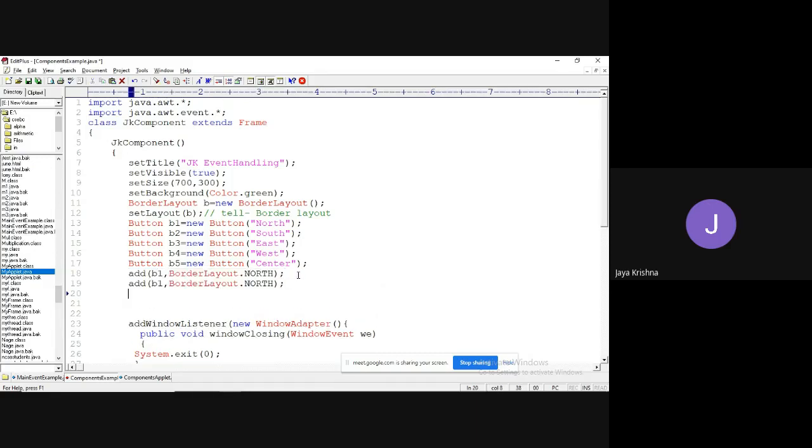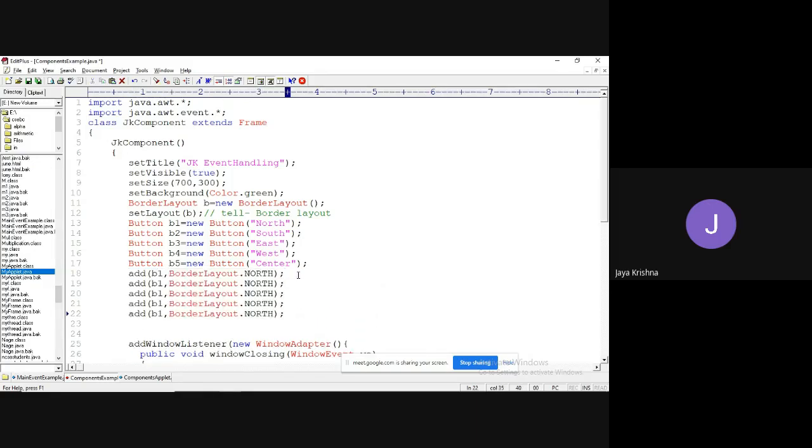I will write all the remaining ones. This is button B2, button B3, button B4, button B5. See, button B5 is at which location? I need to add it at the center. B4 is at west.